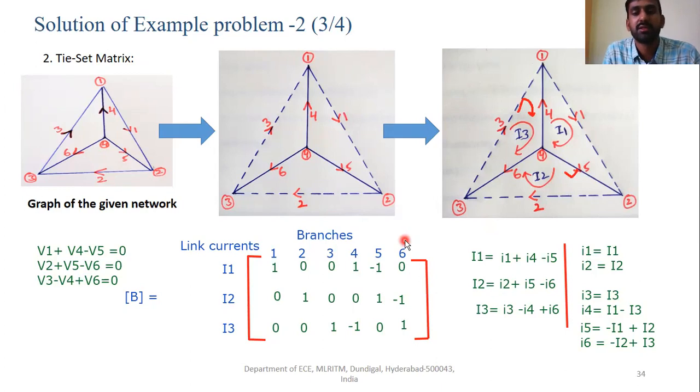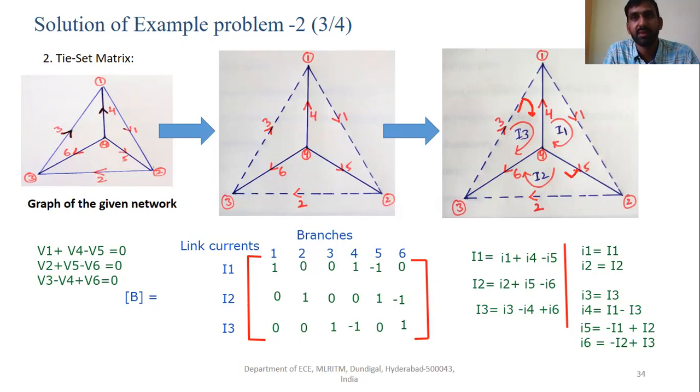So this is how we can simplify any kind of network for obtaining the different electrical parameters. Using these equations, we can obtain branch currents, loop currents, voltages, everything, right? So now let us move to the other one, the problem where we have the incidence matrix, tie set matrix and the cut set matrix. The incidence and the tie set are done. Now we will go to the cut set matrix.